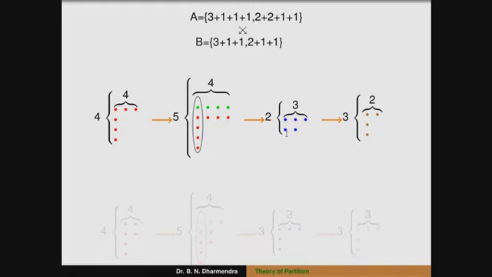Similarly, for the next one, when I take 2 plus 1 plus 1, here the terms are 2 plus 2 plus 1 plus 1. So definitely B minus 1, that is 4, is less than or equal to C, that is 4. So it can be written as the terms of 5. When I have to add the terms of